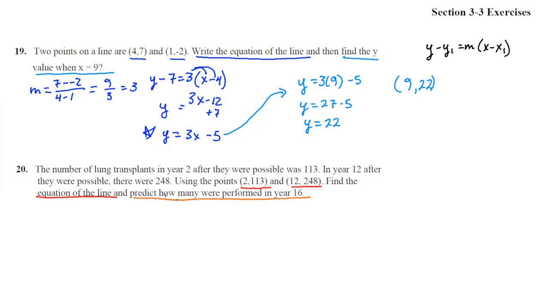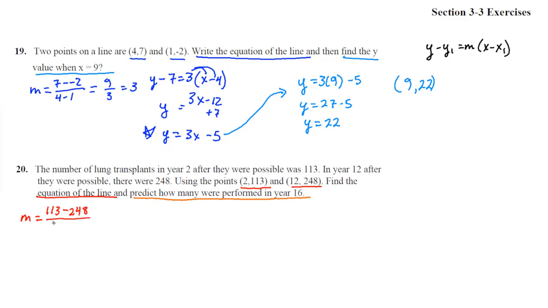So I'm going to underline that in a different color because there are 2 distinct parts of this problem. So we're going to take this guy. Again, we're going to use y minus y1 equals m times x minus x1. That's the no-think method of writing an equation of a line, but we need the slope first. So slope equals y, 113 minus 248